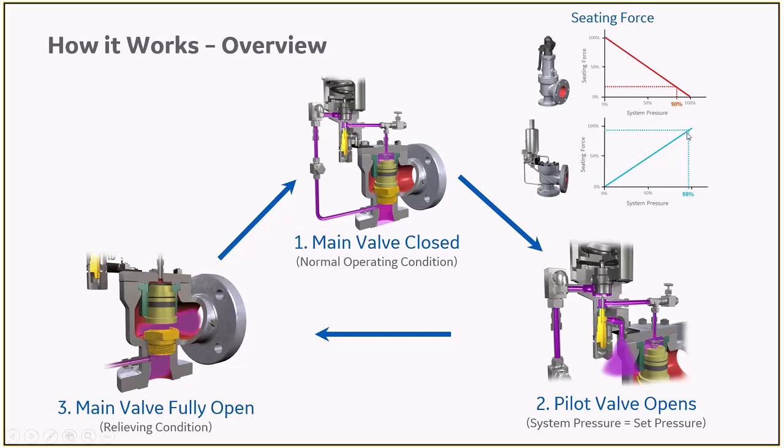Just to demonstrate the seating force at the seating area, there are two charts here that have system pressure on the x-axis, and the seating force on the y-axis. In a direct spring valve, you have the spring pushing down and you have the pressure pushing up. What this means is as the system pressure increases, the seating force inside the direct spring valve will decrease proportionally until you hit a point at 90% on a metal seated valve where you will begin to see seat leakage across that seat. It starts very small, but as you increase from 90% up to set pressure, that leakage would rise more and more. You'll begin to see some simmering, and then eventually at 100% of set pressure, the valve will pop open,